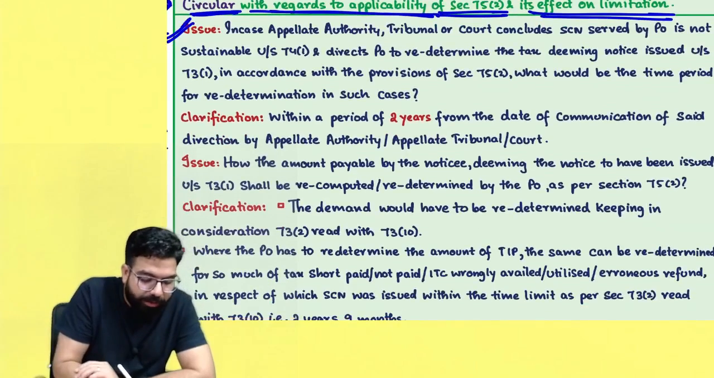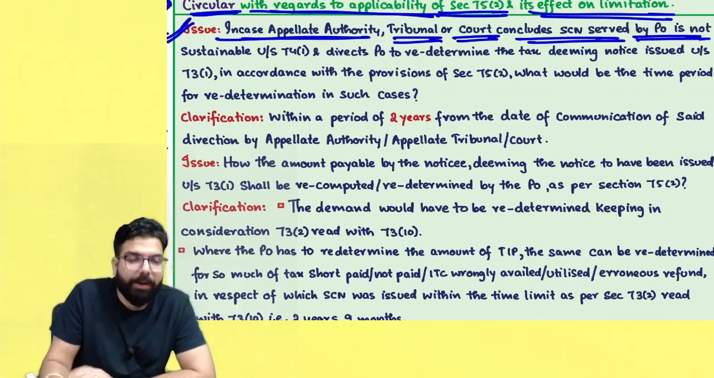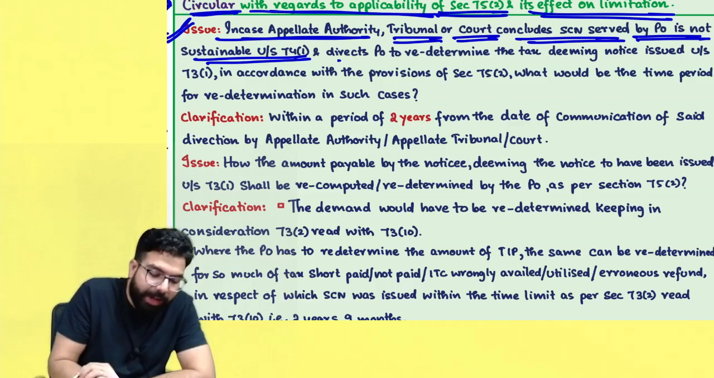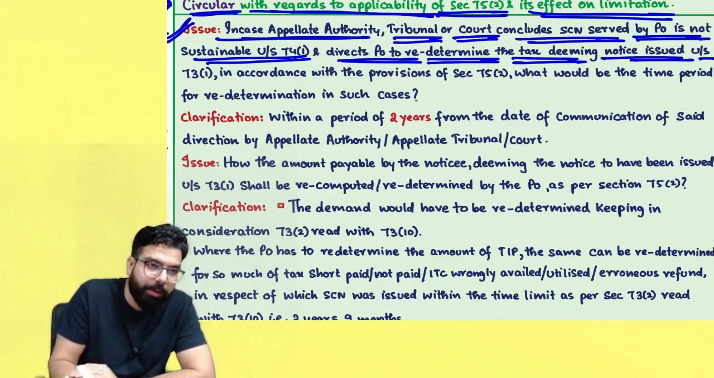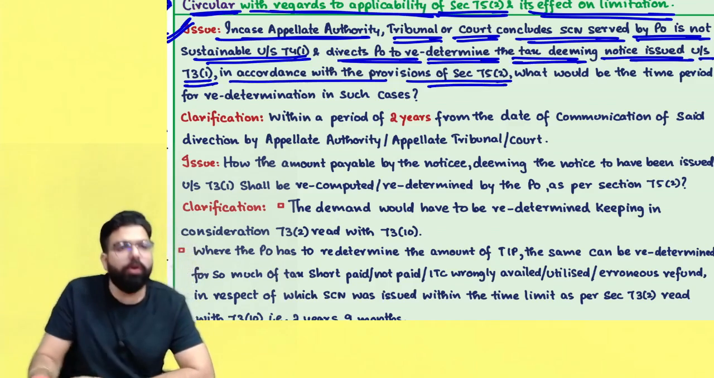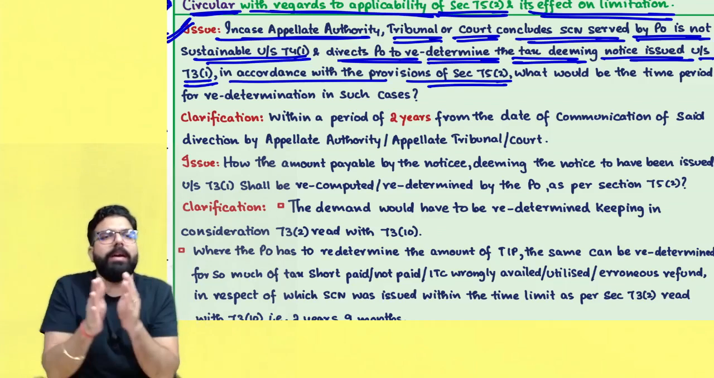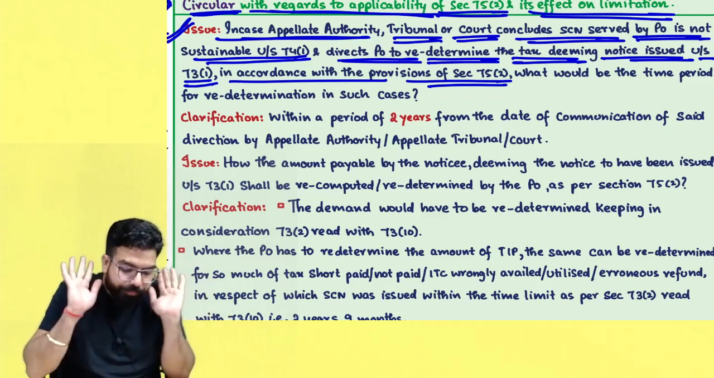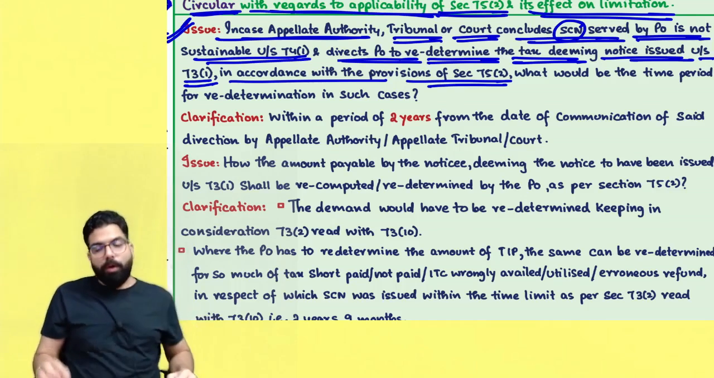So number one issue is, in case the appellate authority, appellate tribunal or court concludes that the show cause notice served by the proper officer is not sustainable under section 74(1) and directs the proper officer to redetermine the tax, deeming the notice is issued under section 73(1) in accordance with the provision of section 75(2). It means if the appellate authority, appellate tribunal or court concluded that the show cause notice and then the demand order which you have gone ahead and passed,